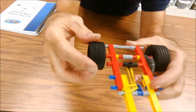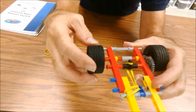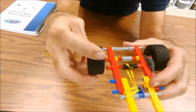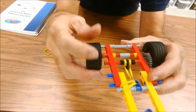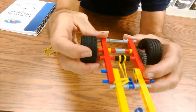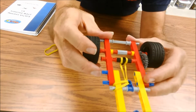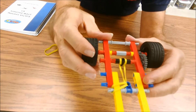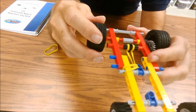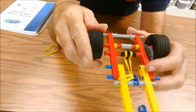What that means is that you need to turn these wheels backwards, and now I'm halfway around. You see this is pointing up now, and keep turning them until it's pointing back down again. That's one complete turn. And once you've made that one complete turn, you can set your car down and let it go, and then find out how far it travels. And then once you've done that 3 times, each time you want to make sure you're recording the information in